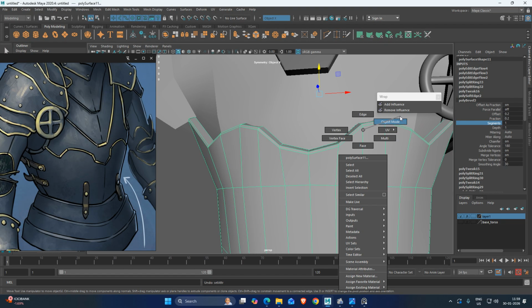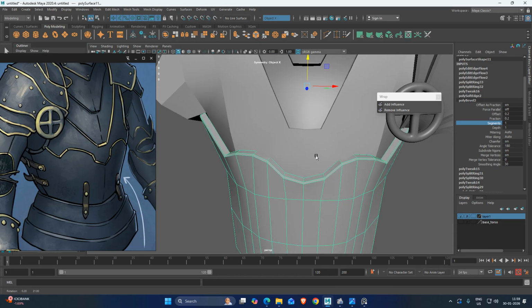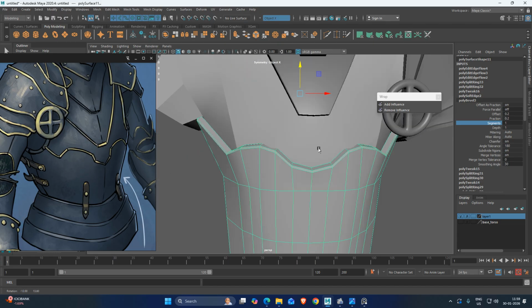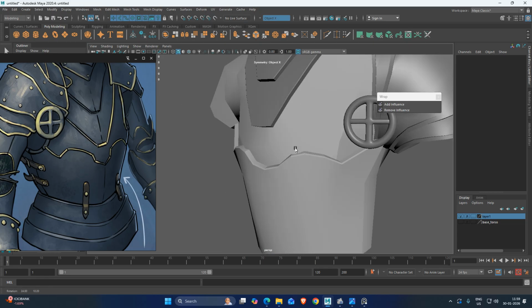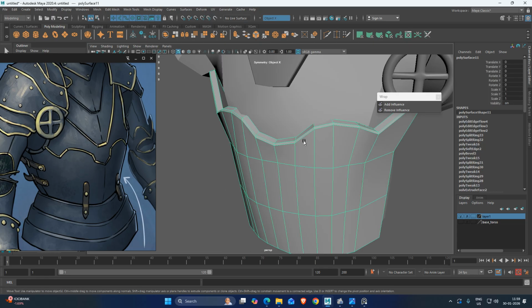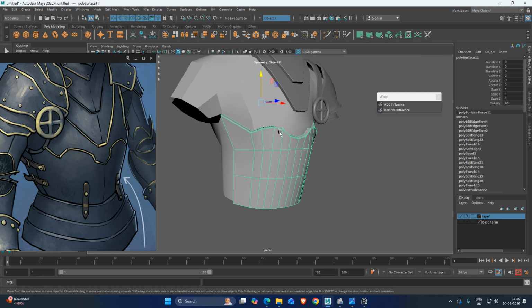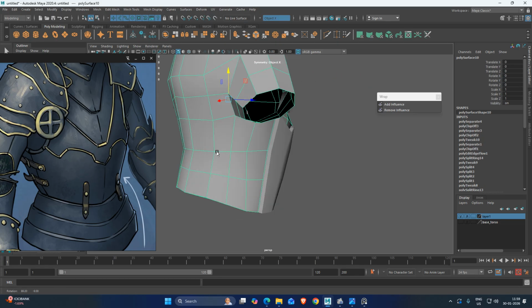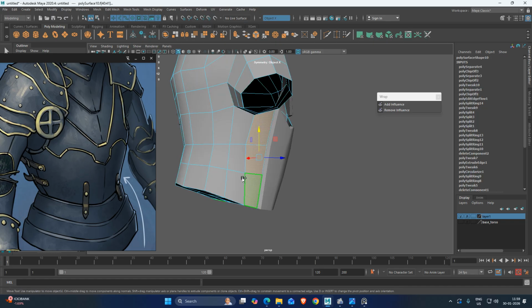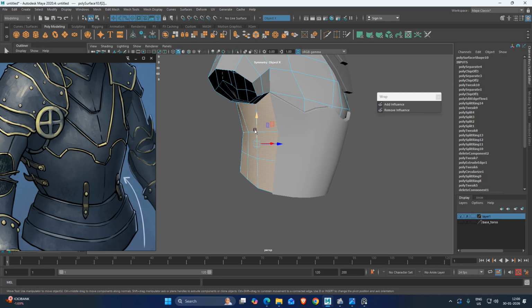It's better not to add segments because we added some edges after the bevel, so it's not a good practice to add inside the edge, right? Make sure when you bevel it that you bevel it correctly, right? And yeah, so we have this thing, and we keep the other back side as it is, or we can just do it like this, and duplicate,